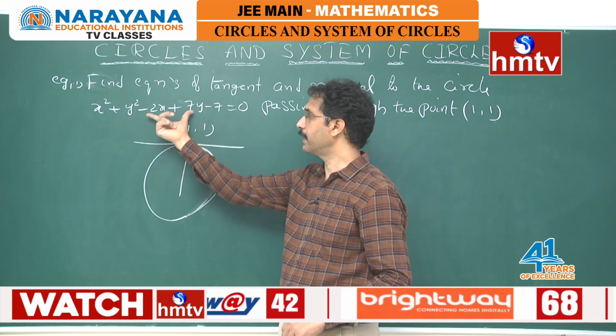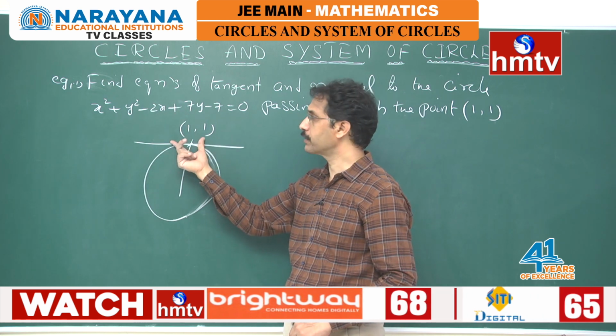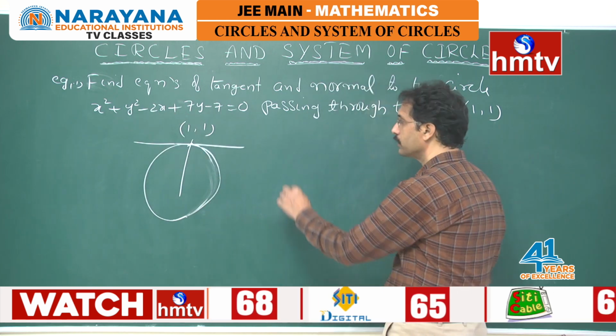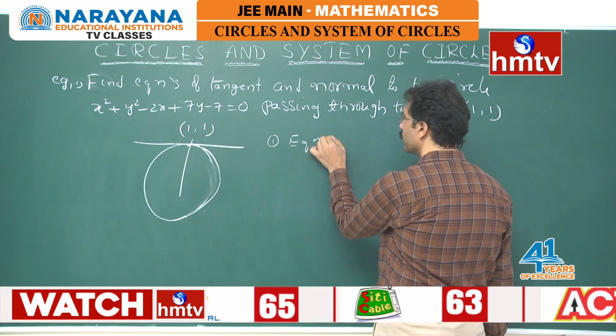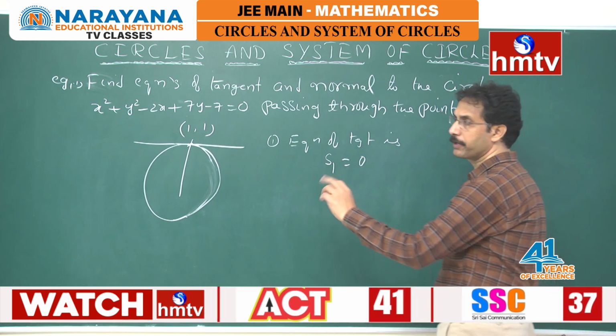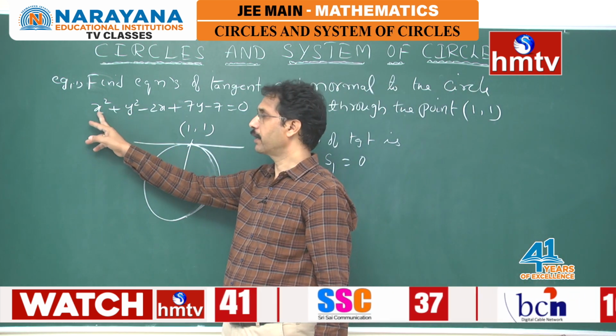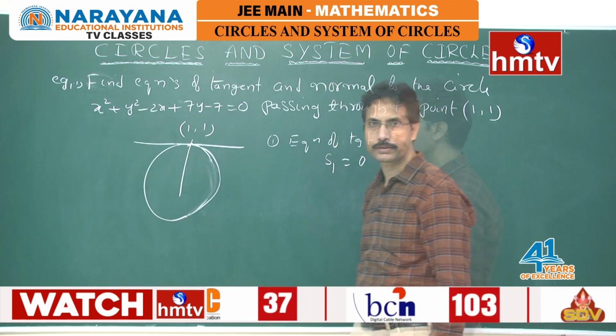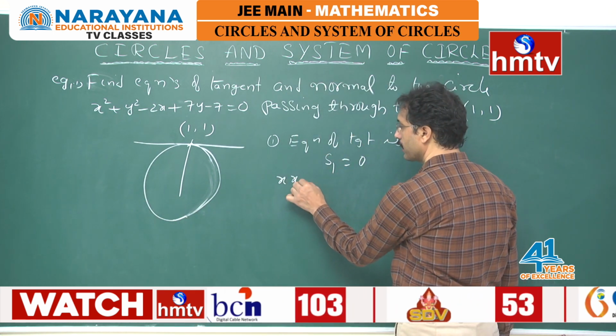So, the point is on the circle. Then we can find the equation by using S1 equal to 0. So, the equation of the tangent is S1 equal to 0, drawn at (1, 1). S1 means, where square terms are there, we will write them as product notations, that is x x1 plus